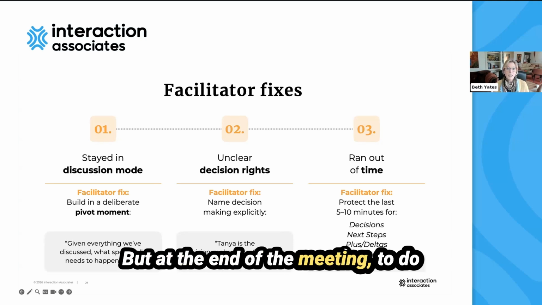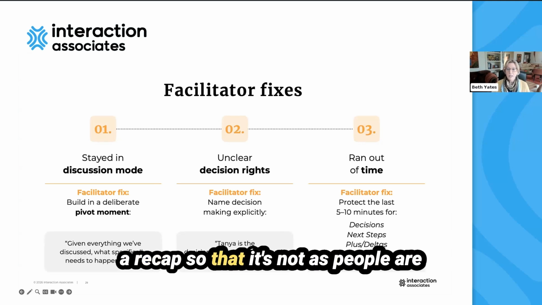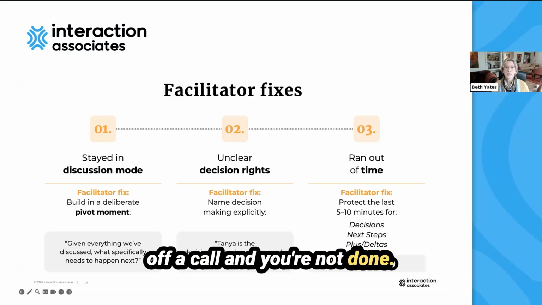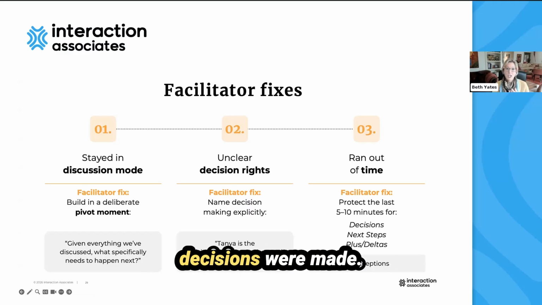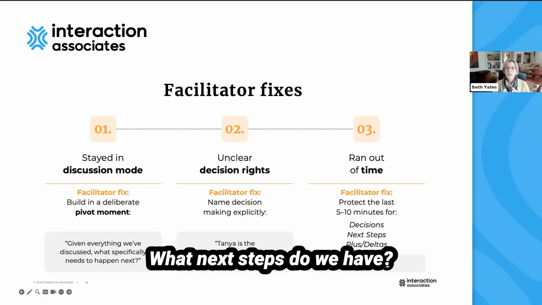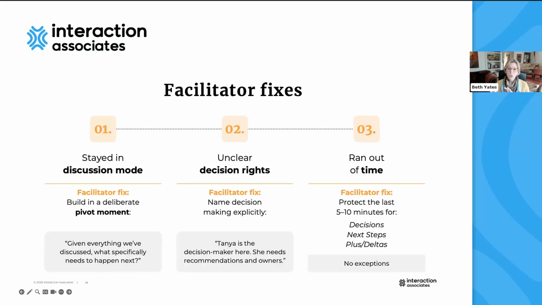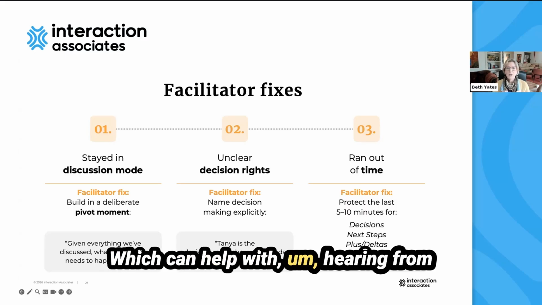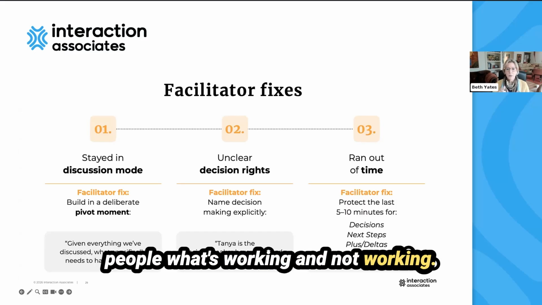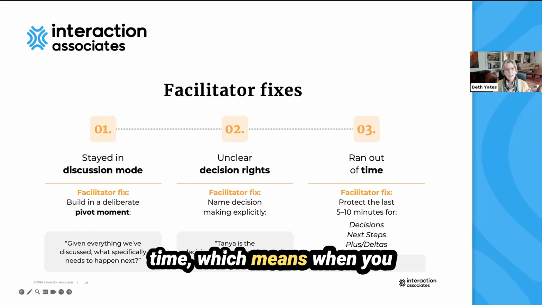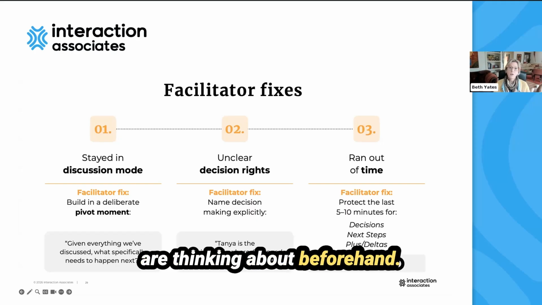But at the end of the meeting, to do a recap so that it's not as people are walking out the door or dropping off the call and you're not done. It's to highlight what decisions were made, what next steps do we have. If you have time, to also do a plus delta, which can help with hearing from people what's working and not working. We'll spend a little time on that in just a moment. But protect that time, which means when you are thinking about beforehand